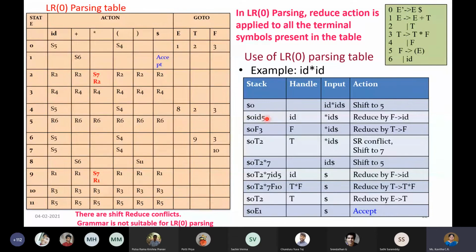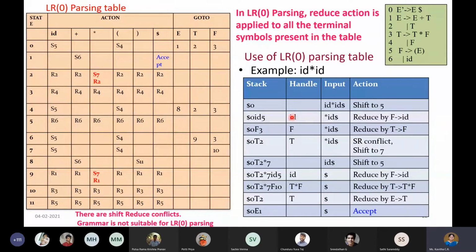What is this state number? This is nothing but the next state number. So we are trying to push it, and also we are maintaining the next state. Next state is what? 5. So just put it there. And at this stage, if I have to perform the reduce action, what is the eligible handle that is possible in this particular step? It is just ID. So if I have to do something, then only ID I can replace. That's it. And what about my input? I have only star ID dollar because already I have pushed ID onto the stack. So I have moved my pointer. Now we are pointing at star.